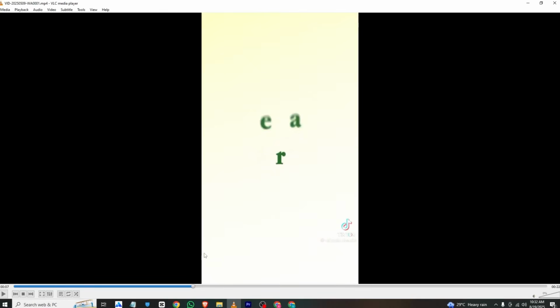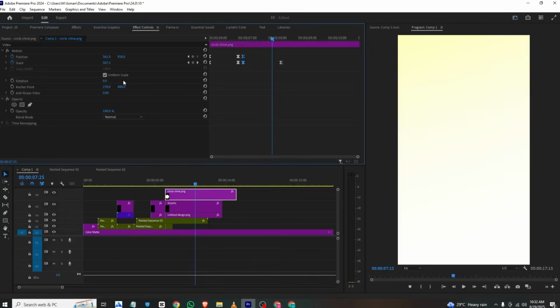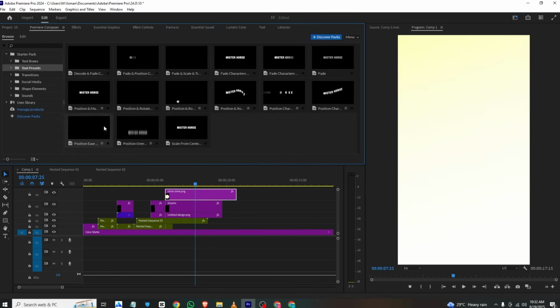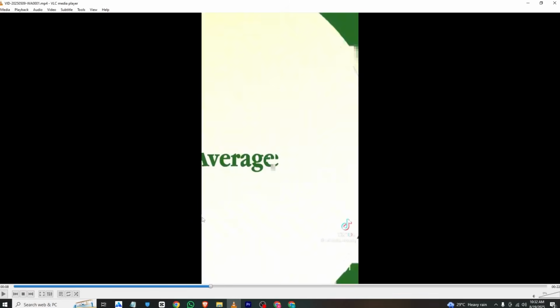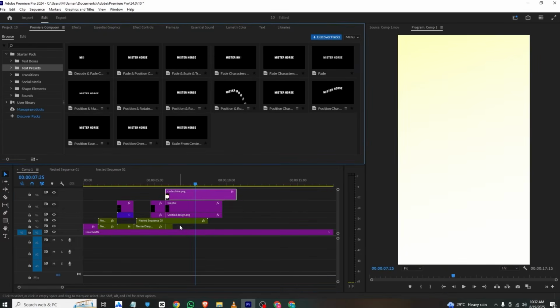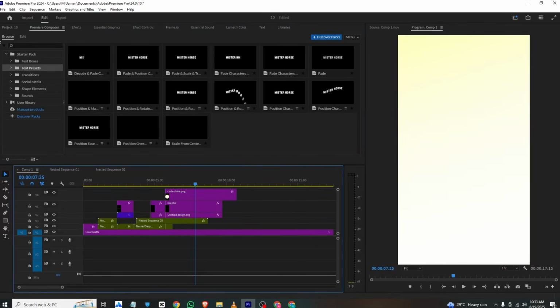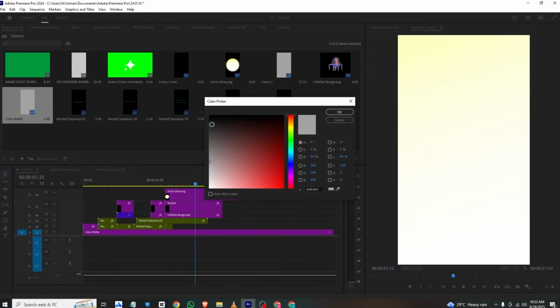Now if we move forward, we have this text animation. So how can we create that? If we see, we don't have this animation in Premiere Pro. It can't be created in Premiere, we have to use After Effects or CapCut. So you can use any other animation, and for this animation I will just go to this project and select color matte and then simply